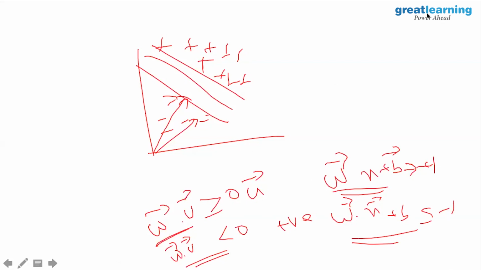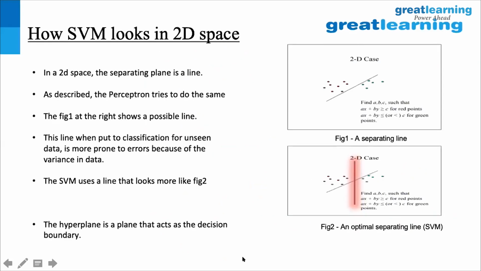I think this is what you will see on this particular slide. You will see how the plane is determined, how the ideal separation comes into play, and you have this Wx plus b, which gives the points A, B, C and all these algorithms that come into play. It's pretty simple math in terms of the basics. If I multiply this unknown vector U with the known vector W, perpendicular to the plane, will it be beyond the perpendicular vector or will it be less than the perpendicular vector? That's the key question.